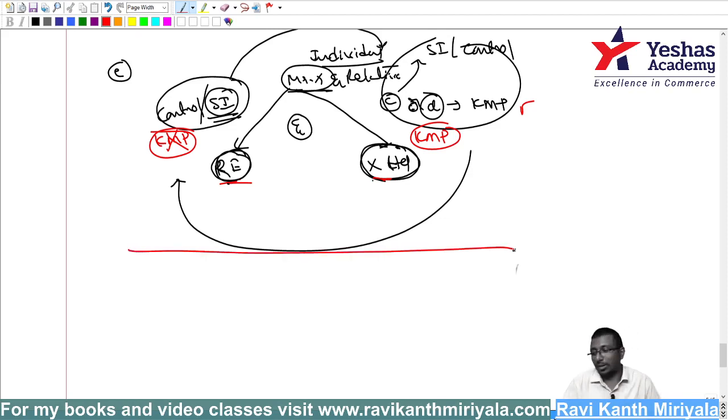So under the E point, what are we trying to say? The entities are actually not related on their own. There is no direct or indirect relationship, meaning the other company is not a subsidiary, associate or joint venture. No relation is there, but they are becoming related parties via another human being. This human being must have control or significant influence on one side, and on the other side he can have significant influence or control, or KMP. If it is only KMP on both sides, you cannot treat them as related.